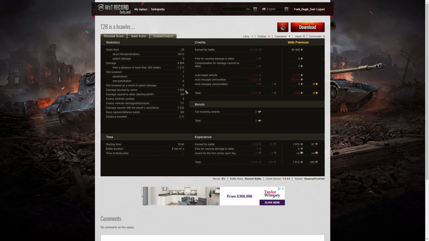Yes, I'm pretty sure it was one of the tanks on top of the hill. He blocked damage of 1,650 hit points in total. He damaged 7 of the enemy, only killed 1, that's why he got the Confederate, and he also caused damage resistance of 1,042 hit points. On a premium count, he earned 66,480 credits, but, and here's the kicker, after repair and ammunition resupply, he actually made a loss of 539 credits, but he did fire a fair bit of APCR during that game,